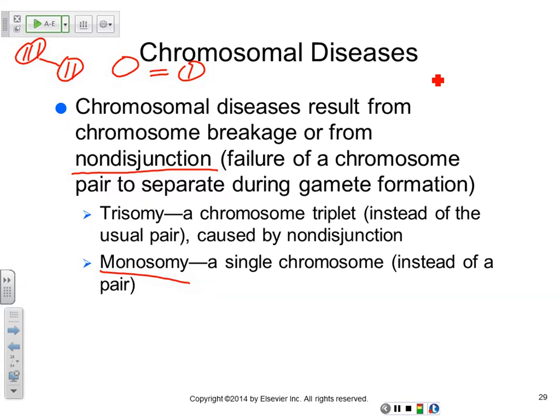And that could be attributed to those things that happen when the cell is not functioning properly and all the organelles are kind of doing their thing. So non-disjunction can happen because of that. And also spindle formation. When you're forming those spindles, if you don't make enough of the proteins that make up those spindles, some of those chromosomes are not going to be dragged to the center so that they separate. They're going to remain on one side of the cell, and then when the cell divides, you get this condition.